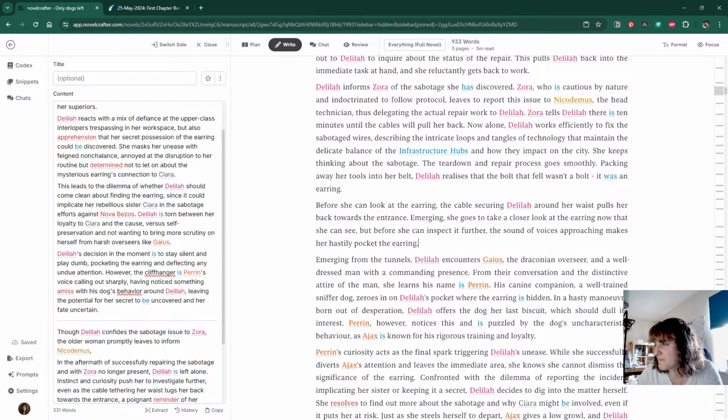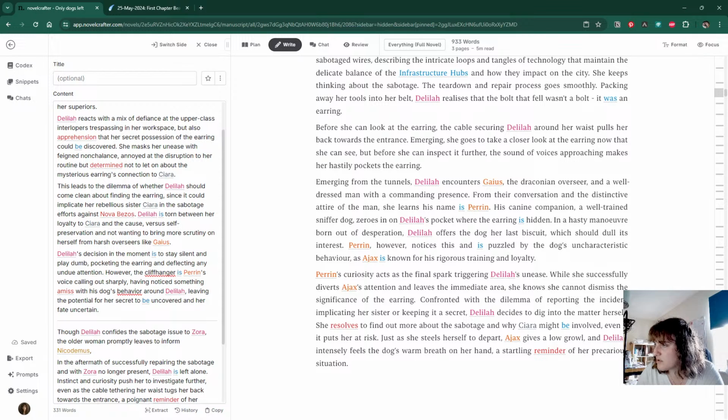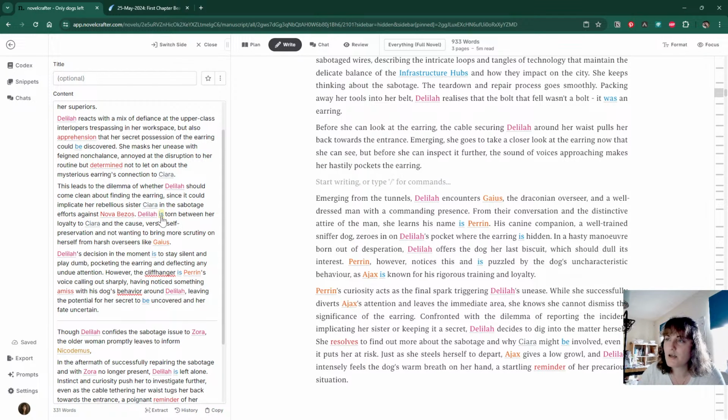But before she can inspect it, pockets. Then